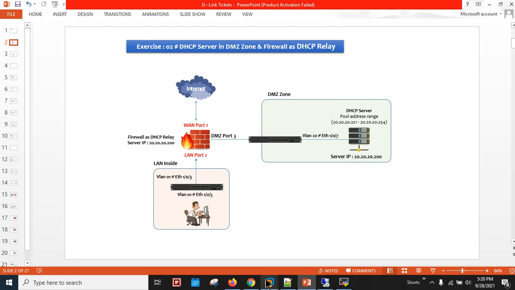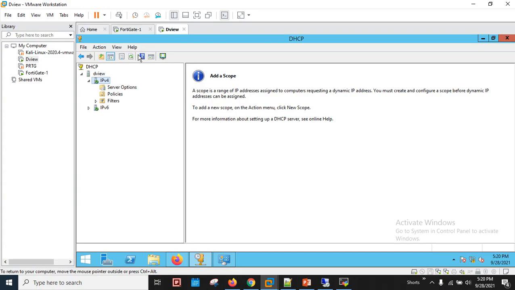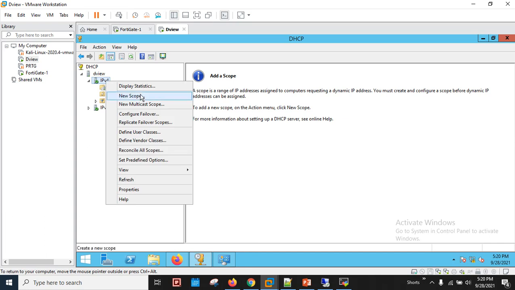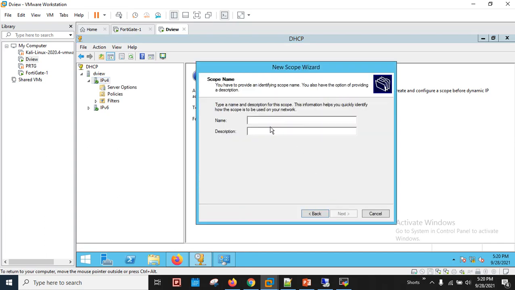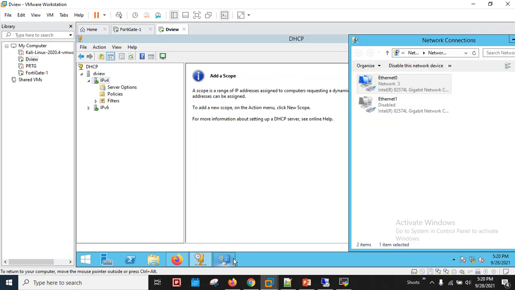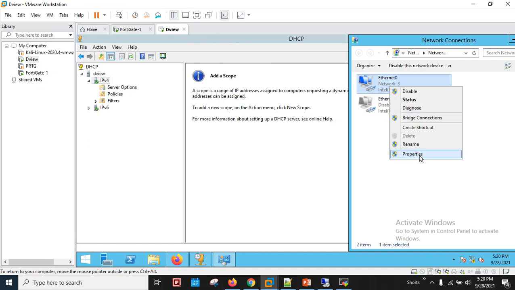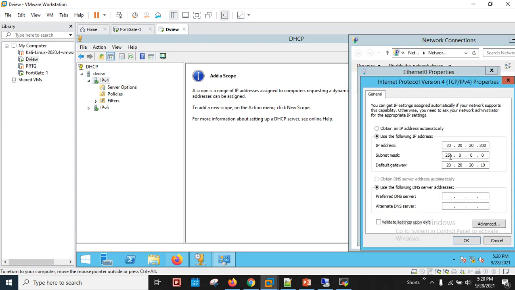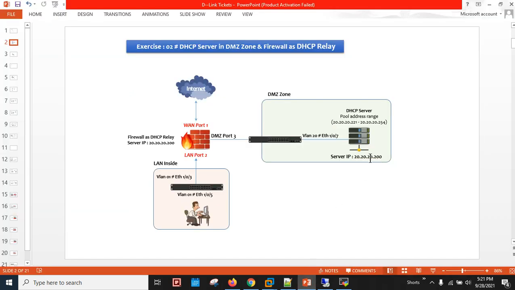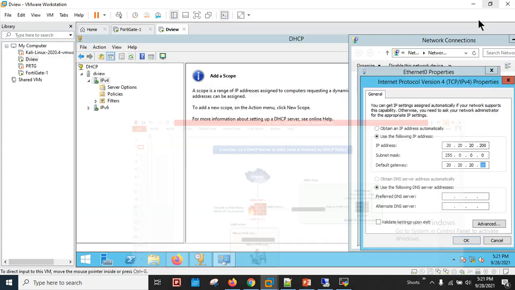Okay, so this is my virtual server. I installed it on VMware. I will define a scope in the server. Let me show you first the IP address. In my case, the IP address of the server should be 20.20.20.200 and the gateway 20.20.20.10, as per my PPT. Okay, so